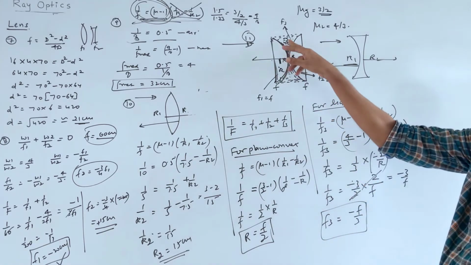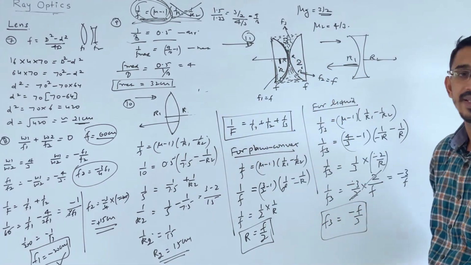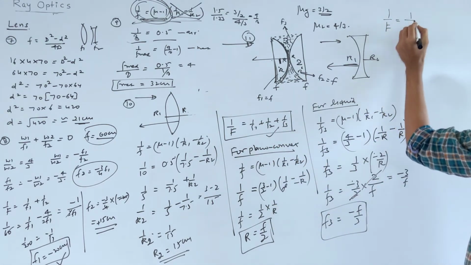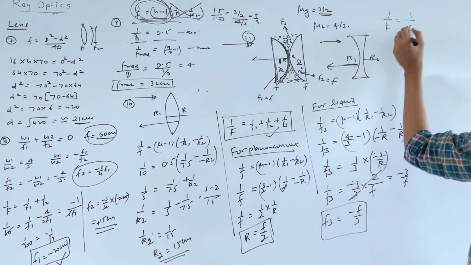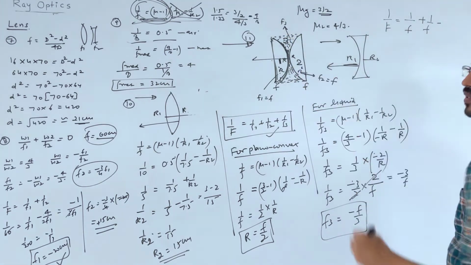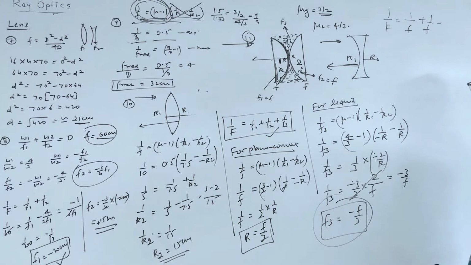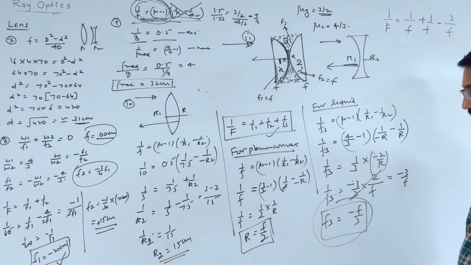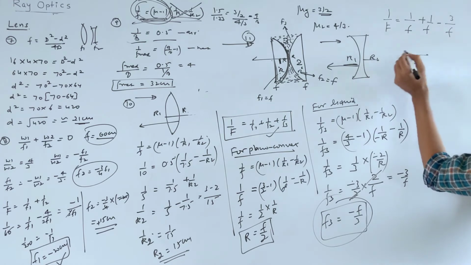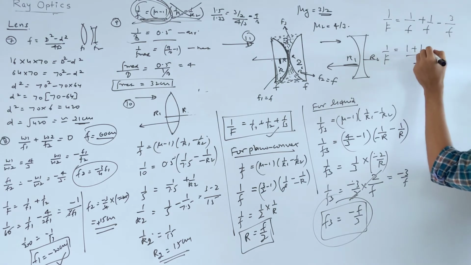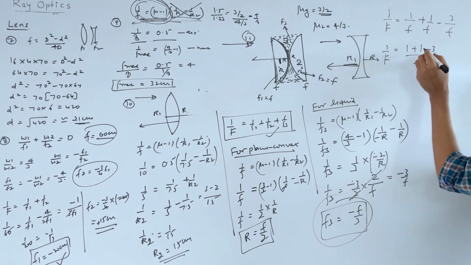We have calculated the focal length of this lens by comparing with the focal length of this convex lens. Now we need the net focal length. So 1 by f will be equal to 1 by f1, this lens, which is positive, plus 1 by f2, this lens, also positive, then the third lens, f3, which is minus f by 3. The 3 will go off, f you take common here, this is 1 by f, and that goes to minus 3. Correct only?